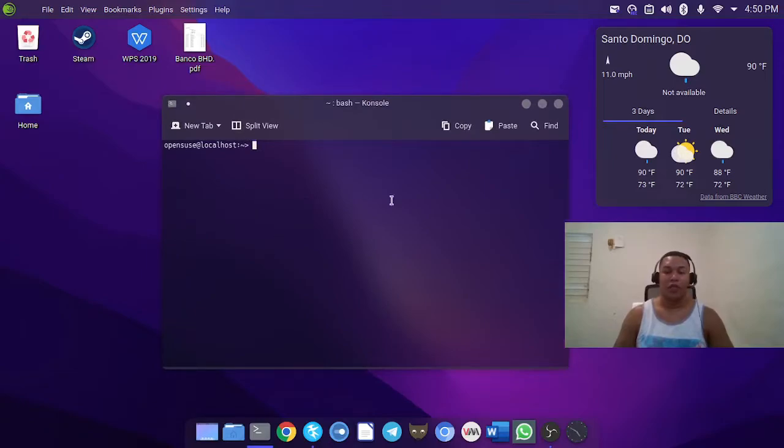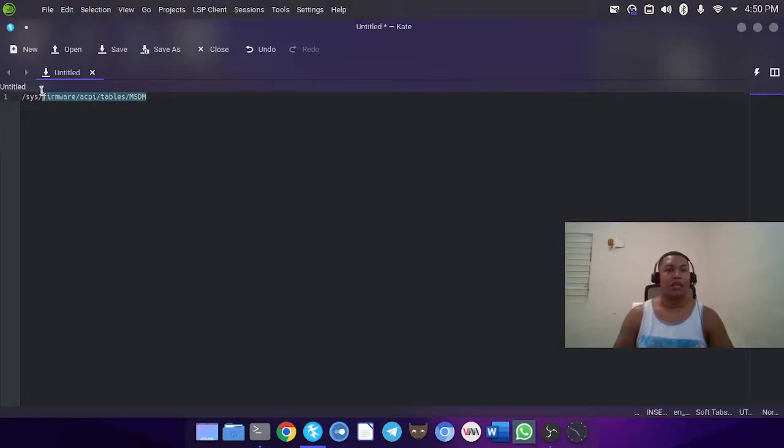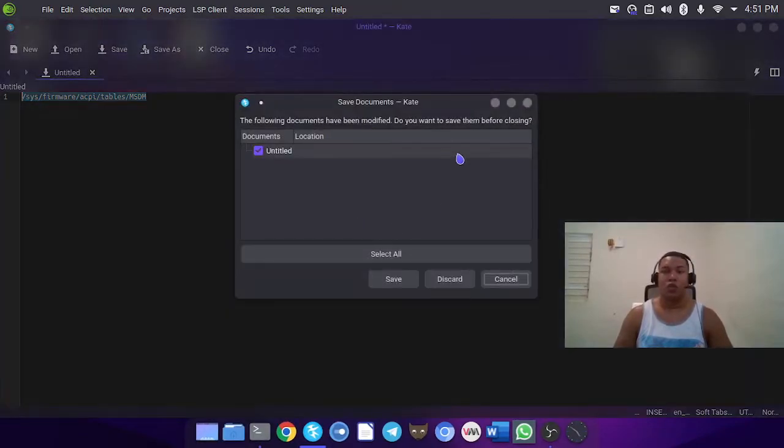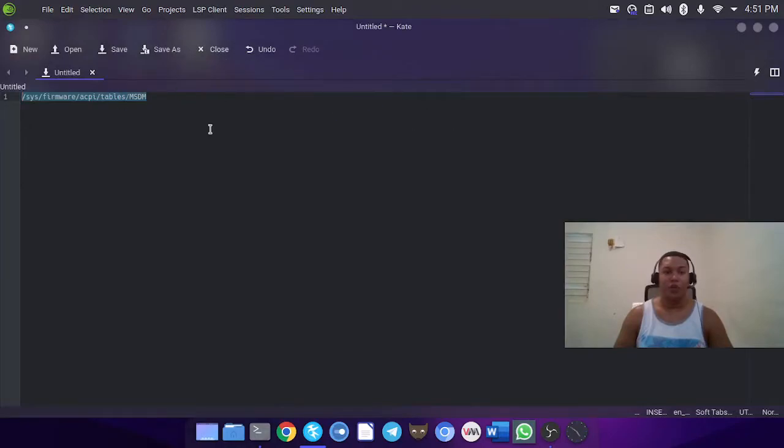So without further ado, I'm going to show you how to retrieve the key. The key is located in this file on every Linux system, so it doesn't matter if you are using OpenSUSE or KDE Neon, or Ubuntu or Debian or any other distribution. The location is going to be this one, and I'm going to leave it in the comments below so that you can just get this path and use your favorite command line or console terminal